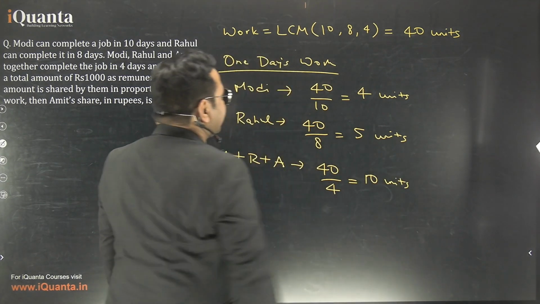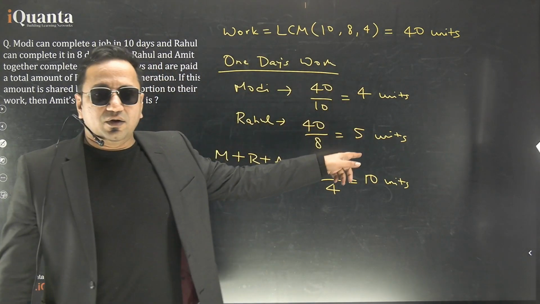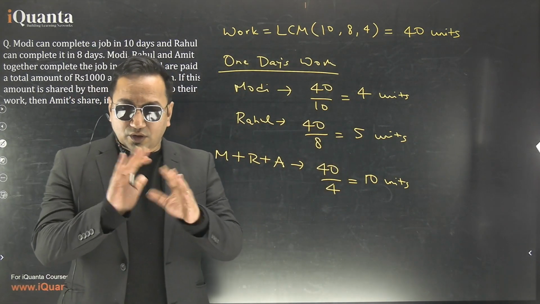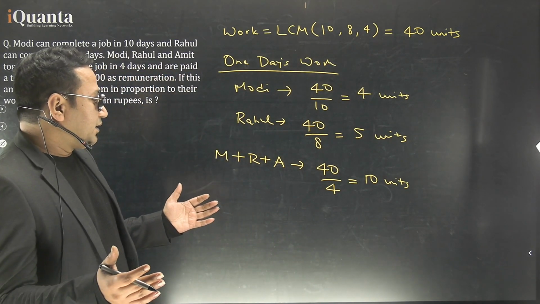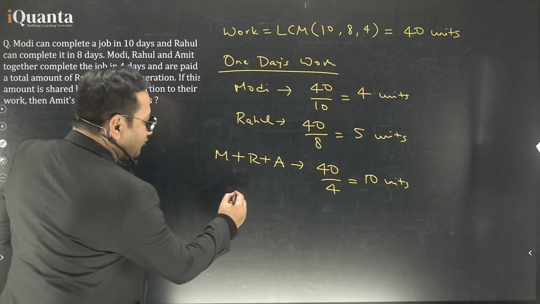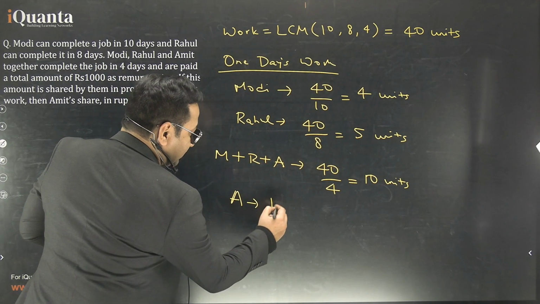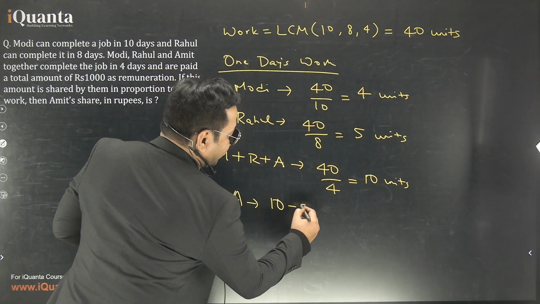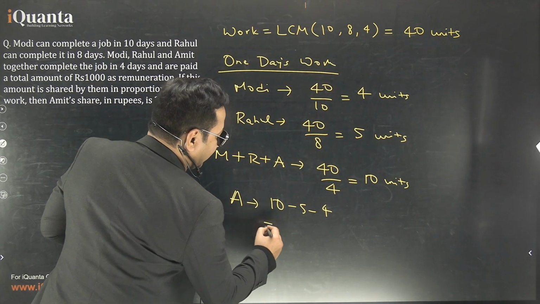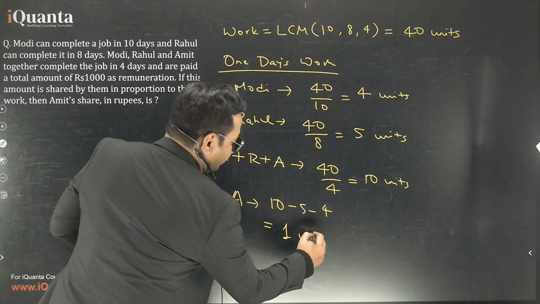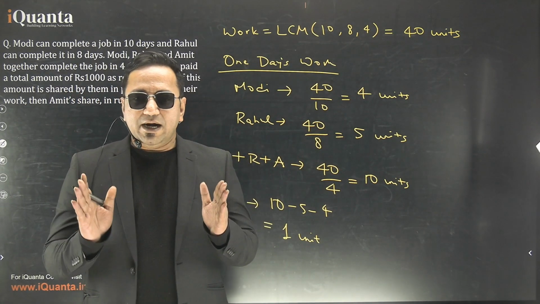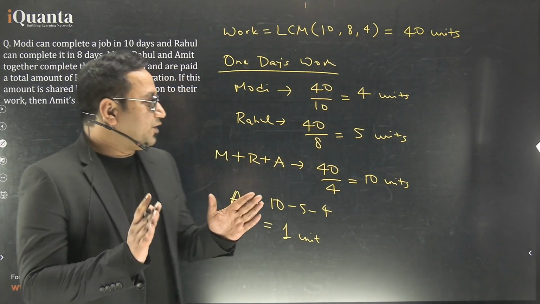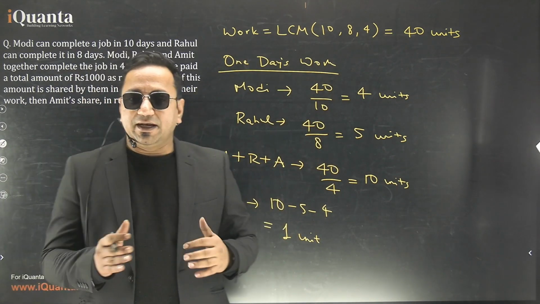Now let us look at this. So Modi is doing 4 units, Rahul is doing 5 units, and all of them, including Amit, are doing 10 units of work. So if I want to calculate only Amit's 1 day's work, I can subtract 5 and 4 from 10. That comes out to be 1 unit of work. All right. So in one day, they are doing 4 plus 5 plus 1, that is 10 units of work